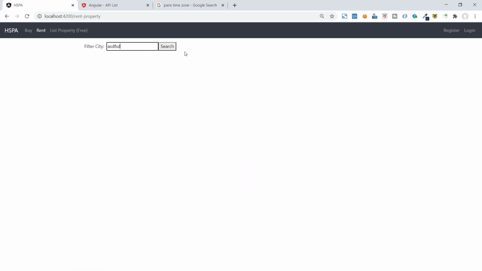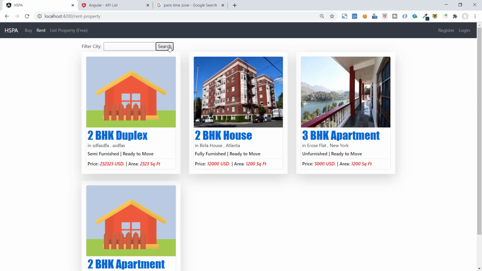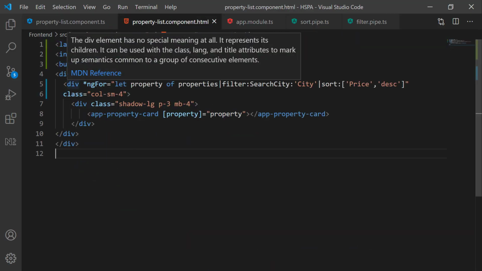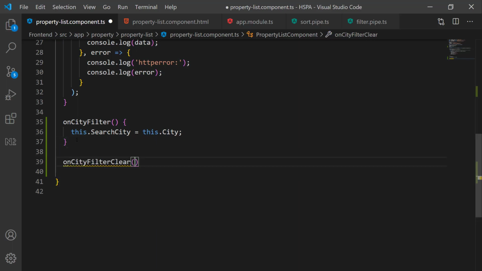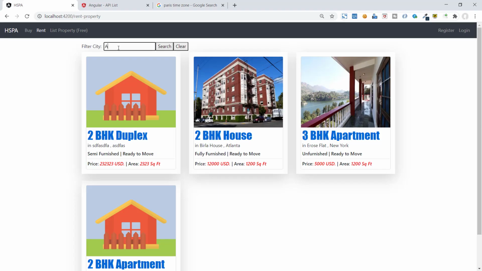Let's add one more button that should clear this city filter. Add this function in our component that will reset these two variables, search city and city. So it is working fine.